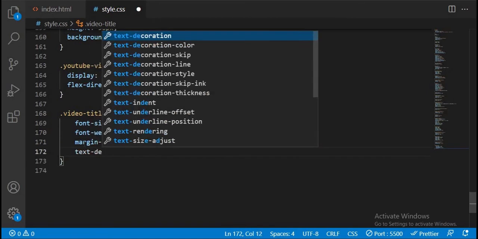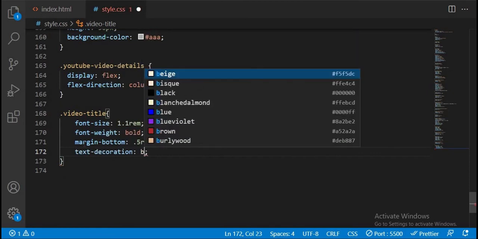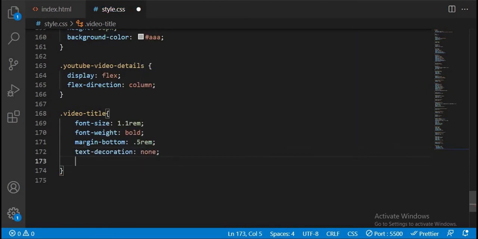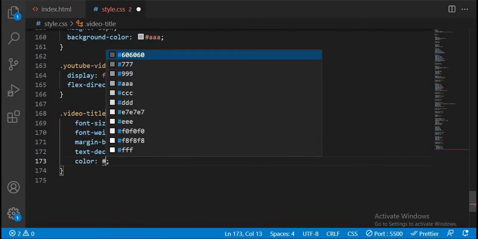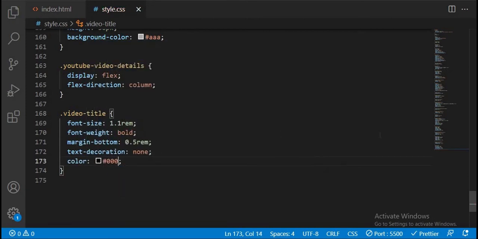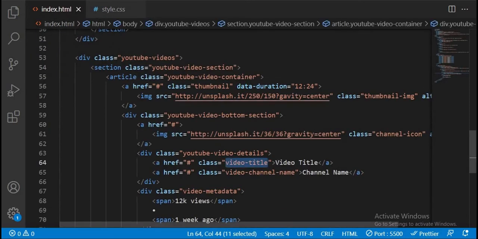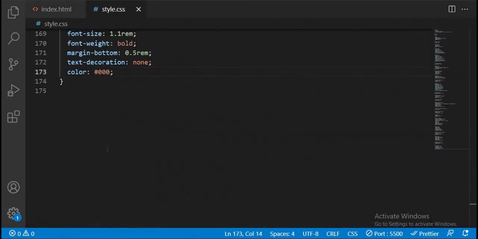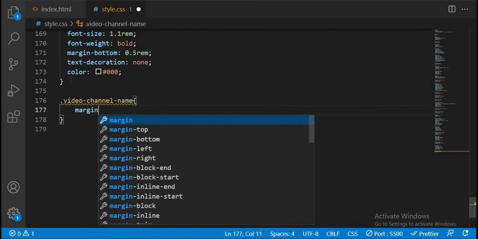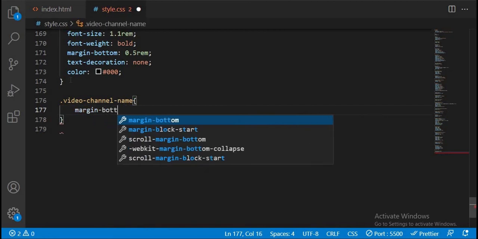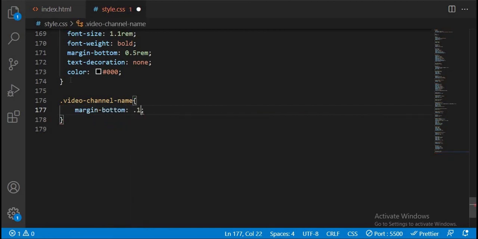So set the text decoration to none to get rid of those lines, and the text color should be black. So now the next thing I'm going to grab is the channel name. So copy this and we're going to paste right here. Set the margin bottom of this to 0.1 rem,